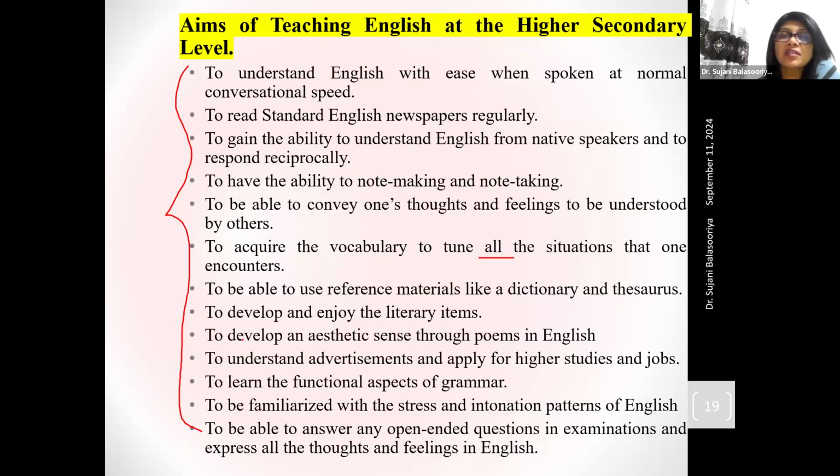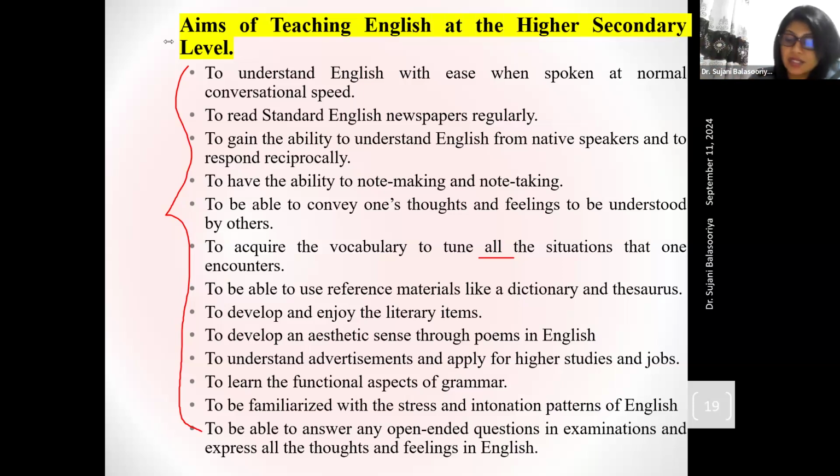I think certain skills they have, right? Not all the skills anyway. Certain skills may be available with them, but still, if they do not cut the English classes at A-level, then they would be able to do something, but the whole majority, let's not talk about. Okay, right. There are exceptional situations, but the majority may be different. Okay, right. So I have discussed 3 sets of aims of teaching English at primary level, secondary level, and higher secondary level.